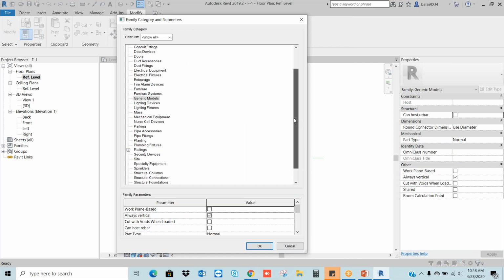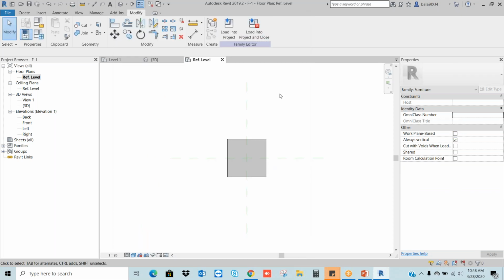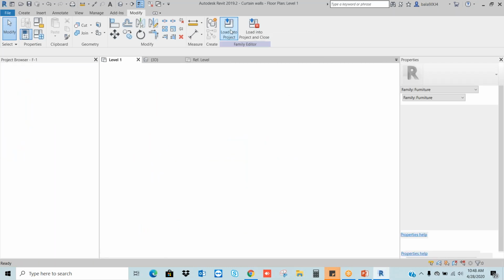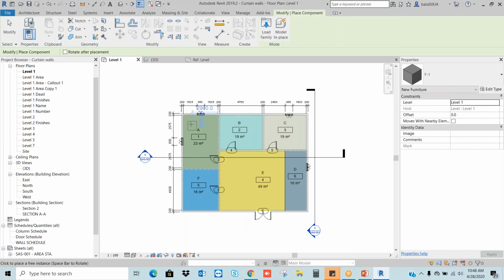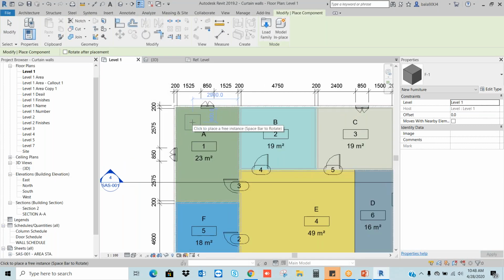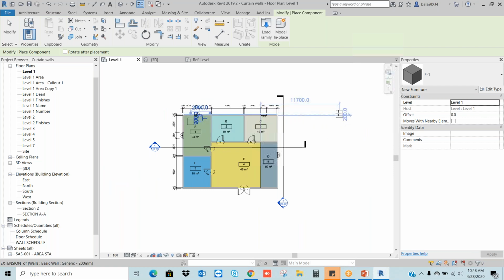Let's say this time I want to use this as furniture. Right? Furniture. Select it. Then I want to place this family into my project. Just load into the project. You can place it wherever you want. Okay, I'm going to place it outside.